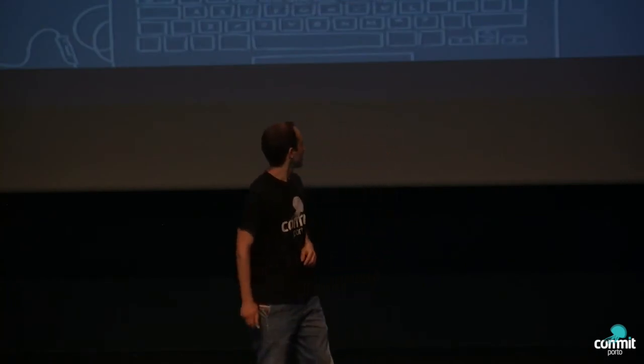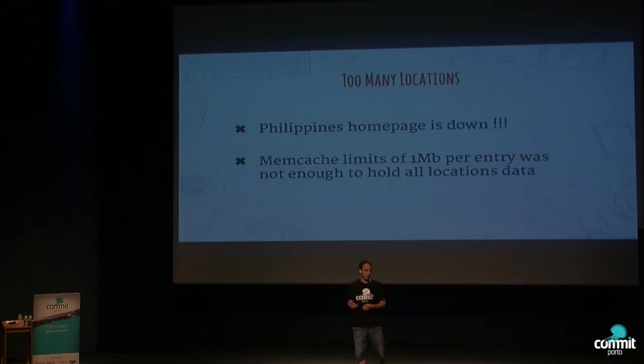So, technical challenges. I will pick two examples of problems that we had and talk a bit about them. One day the Philippines home page was down, okay? And we soon found out that the memcache limit of 1 megabyte per entry was blowing up everything. We were basically trying to store the locations data in a single entry, and it had more data than one